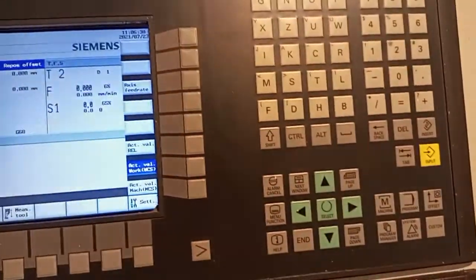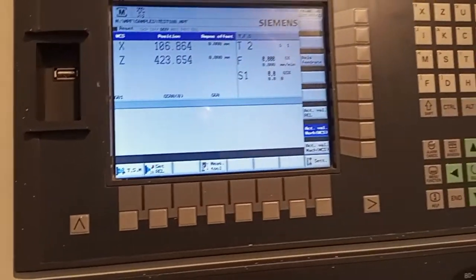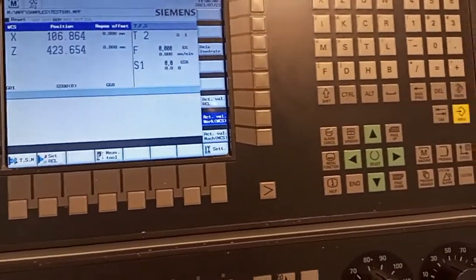So today, we wanted to introduce the user panel. This is the user panel for operating the machine. I want to show you where you can put your cutting oil and where you can put your hydraulic oil. Let's move to the back. Here, this is the pump,